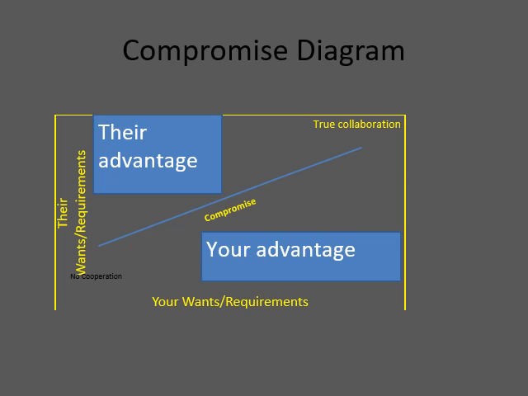And this is that point on that graph where they're not getting what they want and you're not getting what you want, or you're not meeting your requirements and they're not meeting their requirements. This is quite straightforward really. If you spend however long trying to negotiate, and this is where you find yourself at this part of the graph, then it's really simple. You need to walk away, and neither side is getting what they want. And this doesn't have to be an acrimonious process,